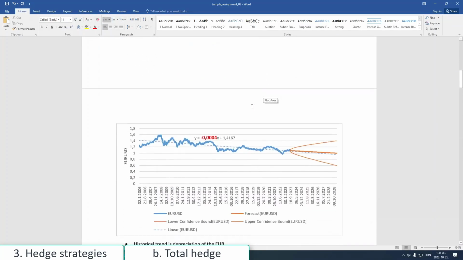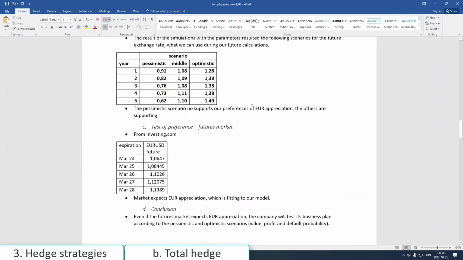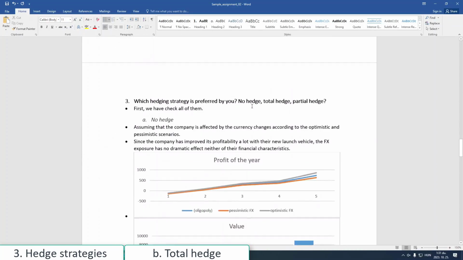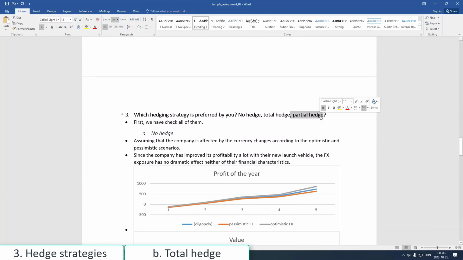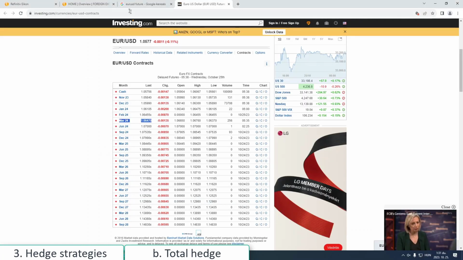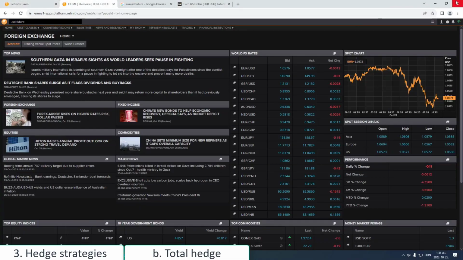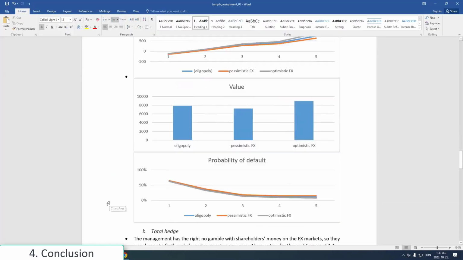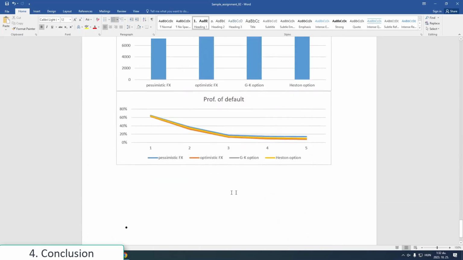exchange management, third one, no partial hedge. Yeah. Unfortunately right now we don't have partially hedged data because we should simulate also what is happening if in one year something strange happens, but this is not allowed. So at the end of the day still we need one conclusion,